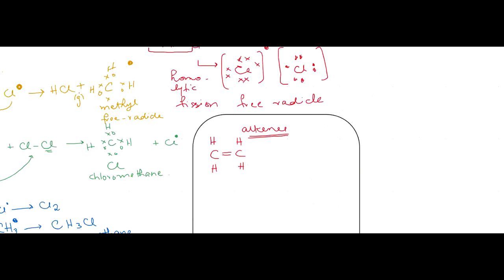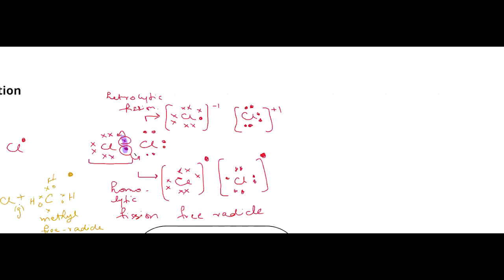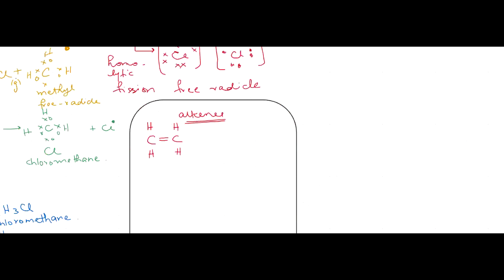Okay, let me go over the reaction first. I'm not going over the reaction in detail. I'll teach you the reaction in detail when we do alkenes. But the reason I'm teaching you right now is because I can use the halogens to distinguish between an alkane and an alkene. Like I can use a halogen to tell if the compound is an alkane or alkene. And that point will make a bit more sense in just a minute when I explain to you how